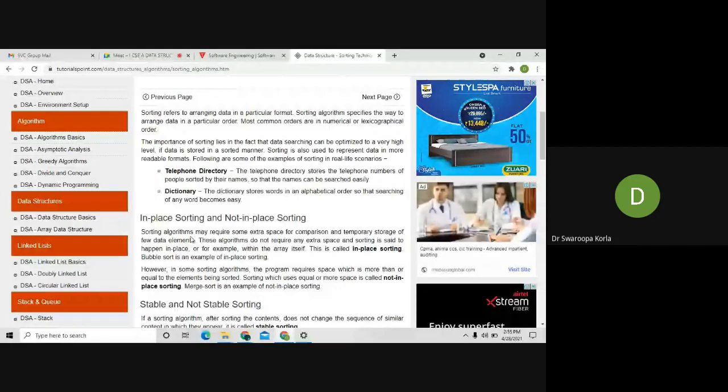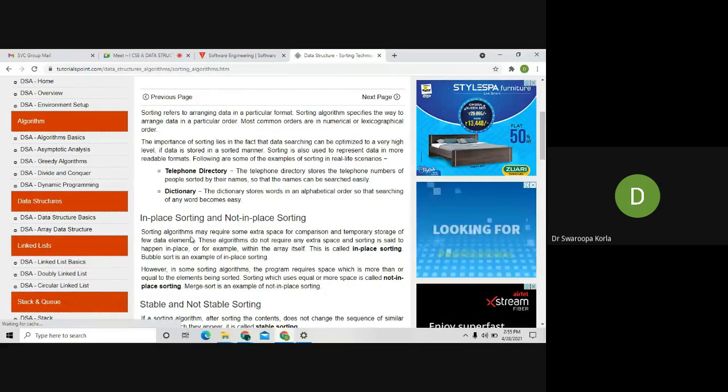Sorting refers to arranging the order in a particular format. Maybe if you consider numbers, based on our requirements, a sorting algorithm specifies some direction, some way to arrange the elements in a particular order.